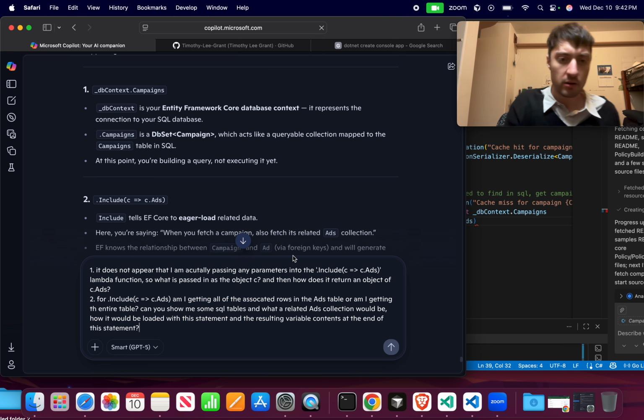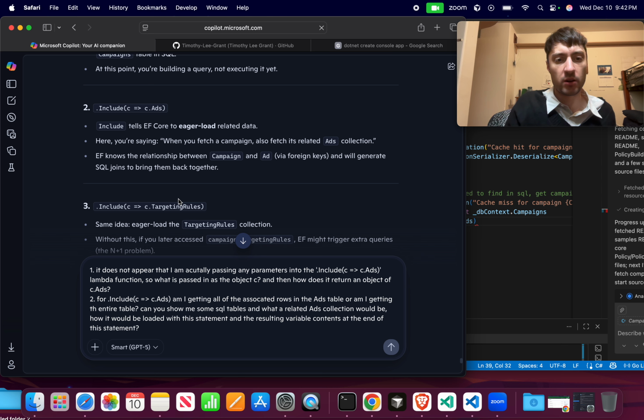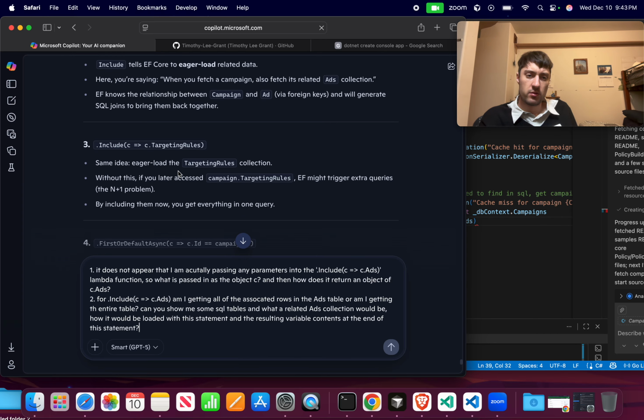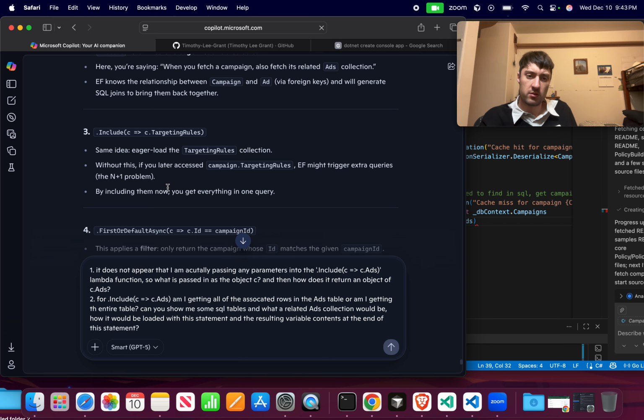Okay, there we go. So now Entity Framework knows the relationship between campaign and ads via foreign key and will generate SQL joins to bring them back together. So we're doing a join. Okay. So this is the same thing. And we have that N+1 problem,